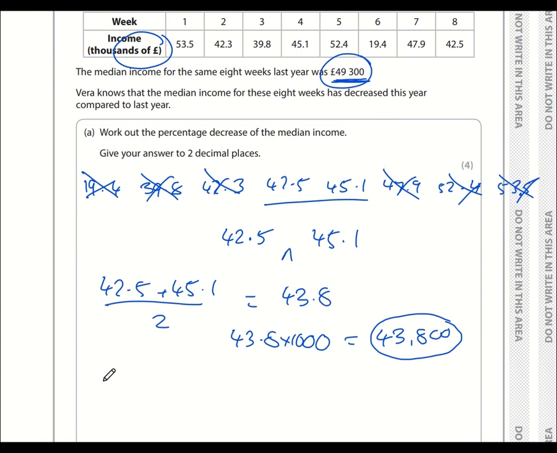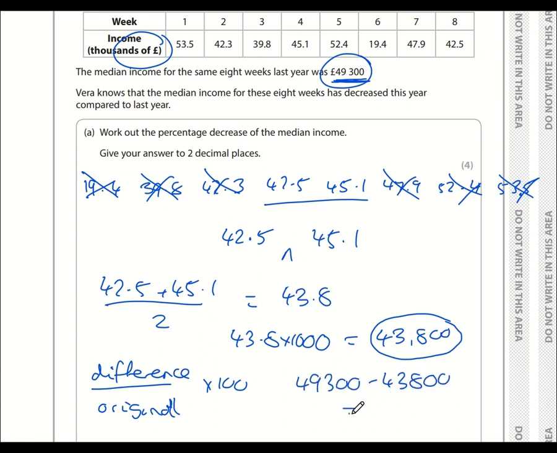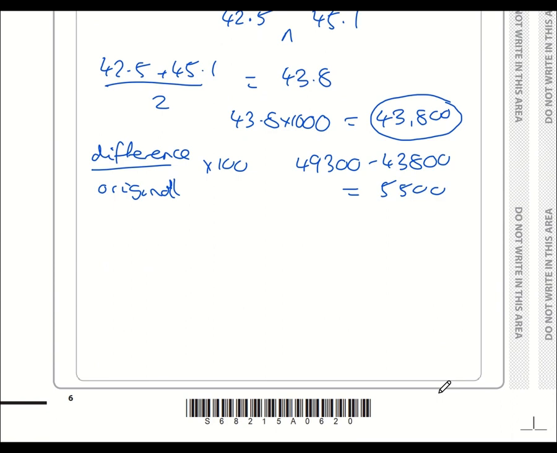Well, to calculate a percentage increase or decrease, it's the difference between the 2 values divided by the original value multiplied by 100. So what is the difference? It's 49,300 take away 43,800, so that is a difference of £5,500. So the percentage decrease is 5,500 divided by, well, we're calculating a percentage decrease, so we need to work out what it has decreased from, so that's going to be the higher value, so 49,300 multiplied by 100, and that comes to